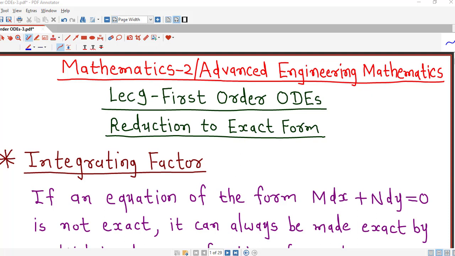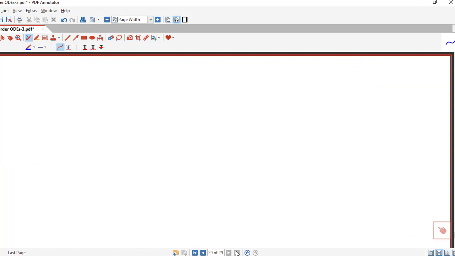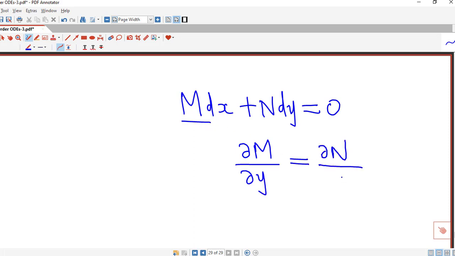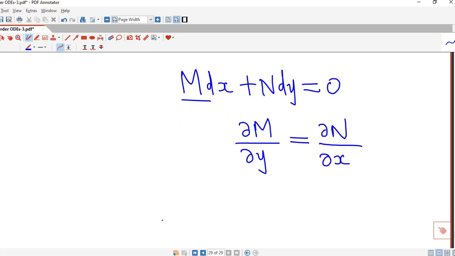differential equation. So first we recall that if we have a differential equation in this form, M dx plus N dy equal to 0, then this differential equation is exact if the partial derivative of M with respect to y and the partial derivative of N with respect to x are equal, and if this differential equation is exact, its general solution is